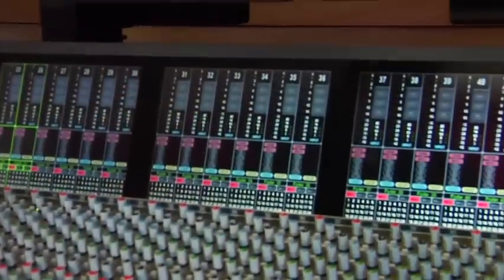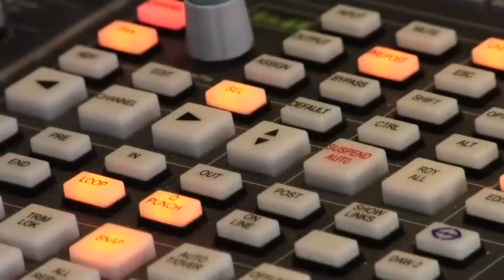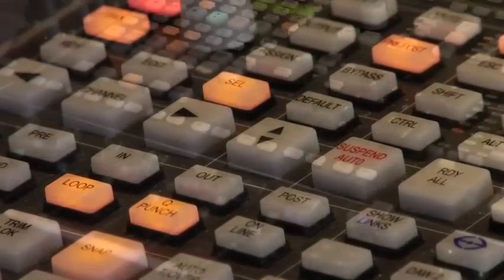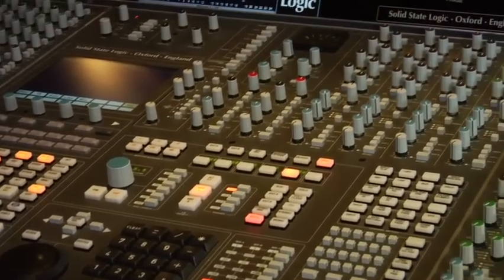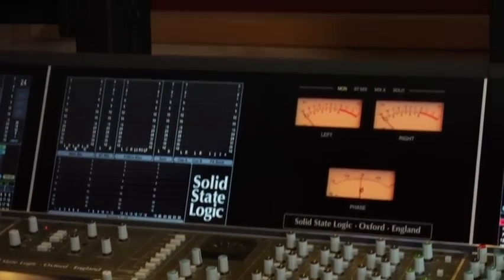It's made to be as flexible as possible for as many different projects as you can throw at it. I truly feel that this console fits the change perfectly because it allows us to be exactly what we were before, but more and less. And by less, I mean we became more efficient. It was an easy decision when you look and see what's out there. And I think SSL is probably one of the only companies that is actually keeping the commercial facilities in mind, as opposed to going after smaller producer spaces or production rooms or in the box,